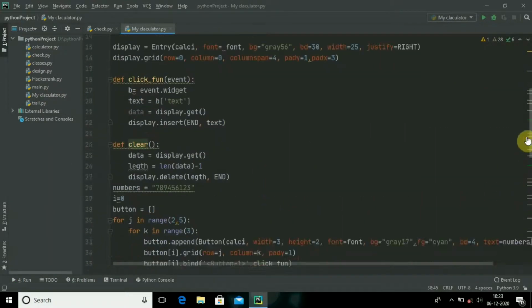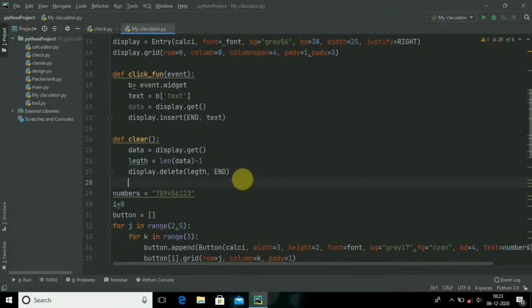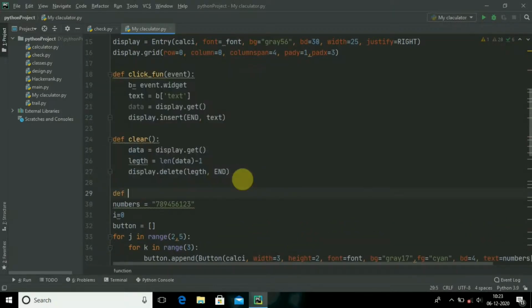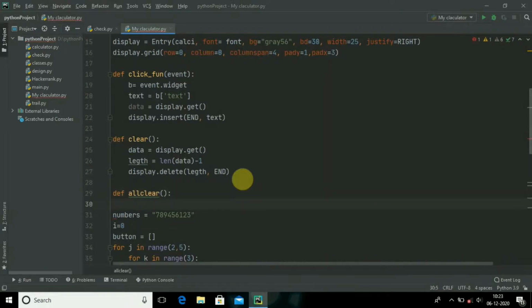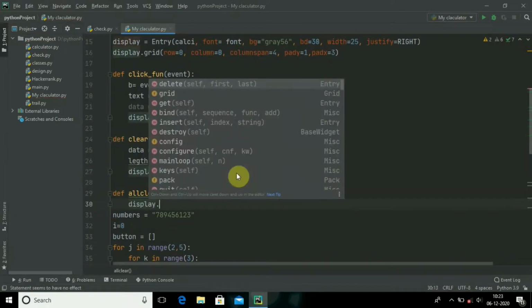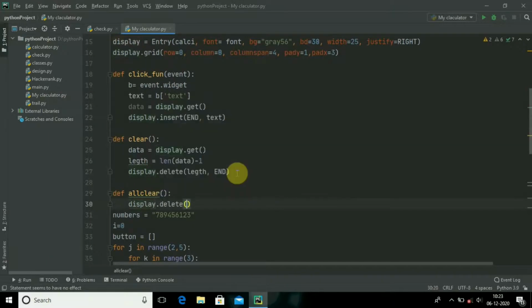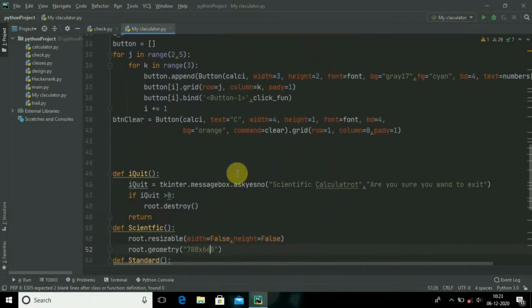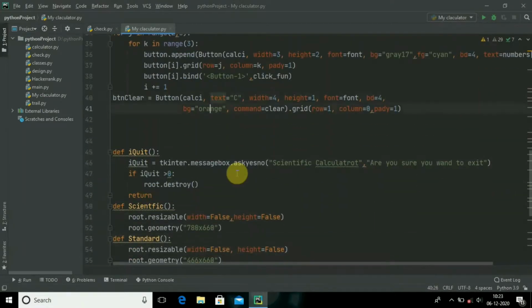In the similar way, you can also create the all clear button. It is much simpler than the clear button because when I click on all clear, all the data that is displayed on the screen should be deleted. So 0 to end, everything should be deleted. Now I have to create the button.